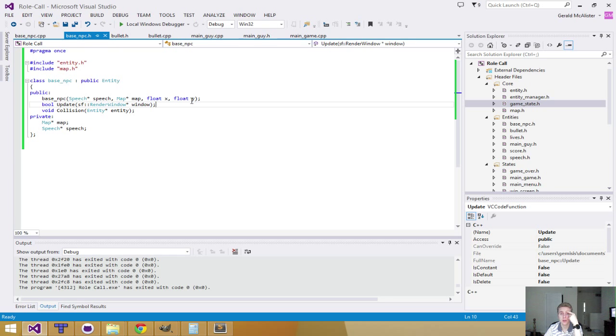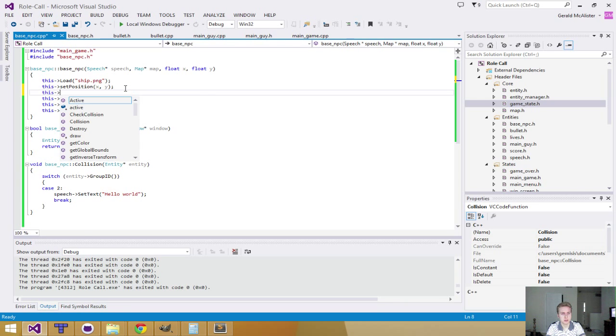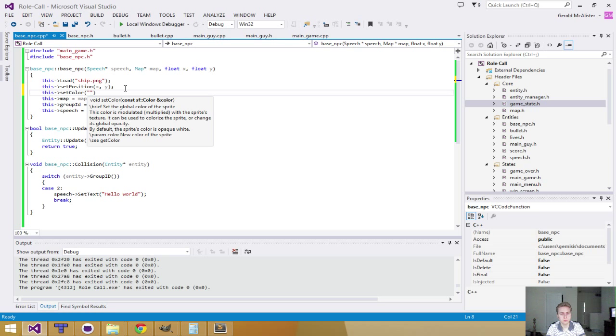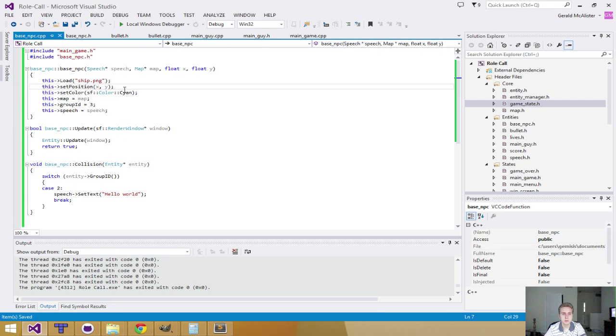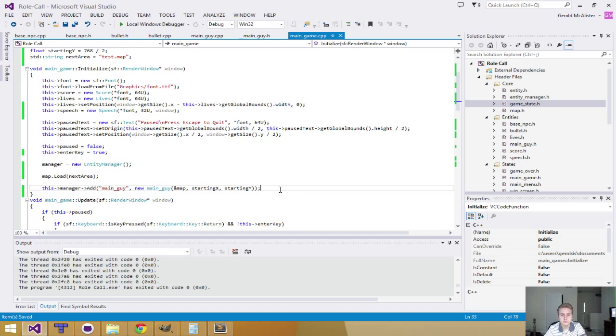So there's all of that. And then, basically, he's going to have the same things there. The big thing is we'll set his color to be SF color. Let's go Scion. Actually, let's make this a her. Scion. And there is all of that. Okay. We'll go through now and